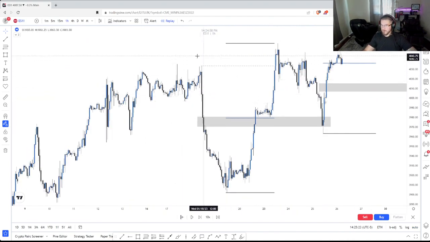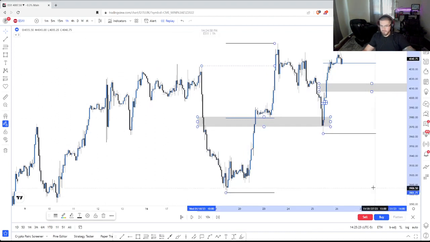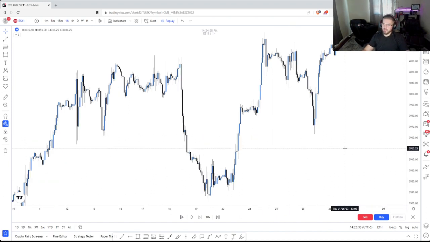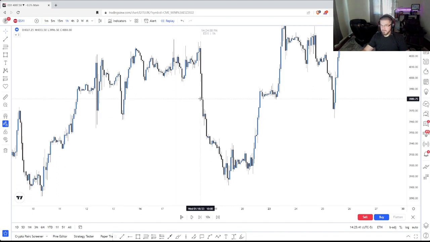So a breaker block is, a lot of people overcomplicate these, and it's funny to watch a lot of these newer gurus that haven't even watched old ICT. And whenever we're looking at a breaker block, I've heard crazy explanations, but really what it is, it's the last candle that forms a short-term level of structure before price trades into an area of interest. So for example,